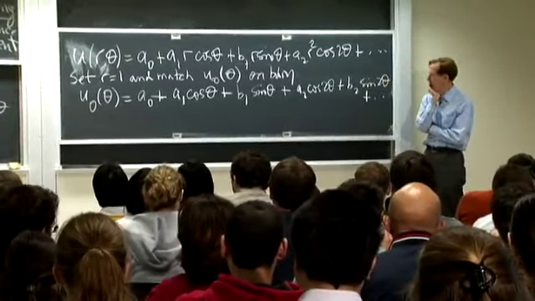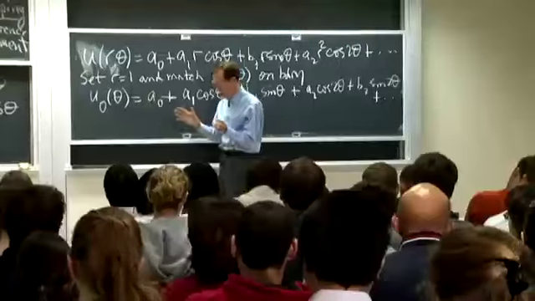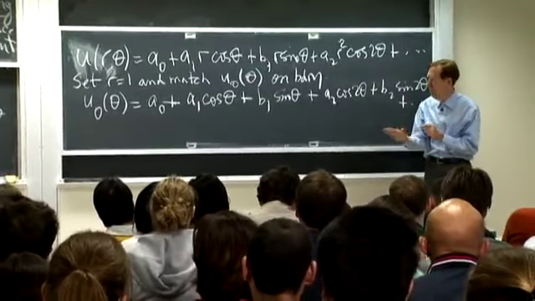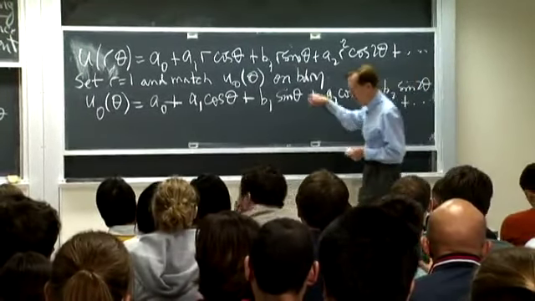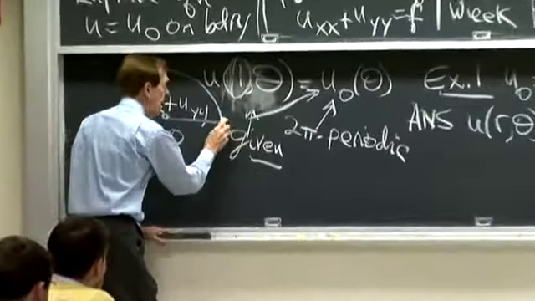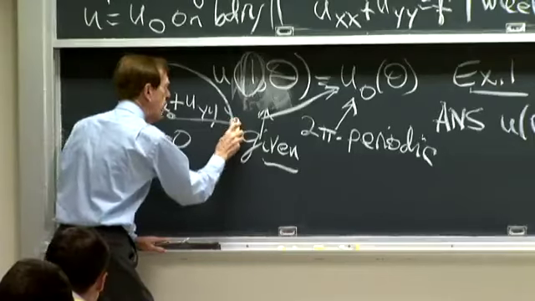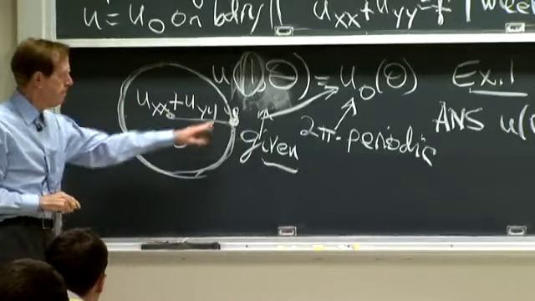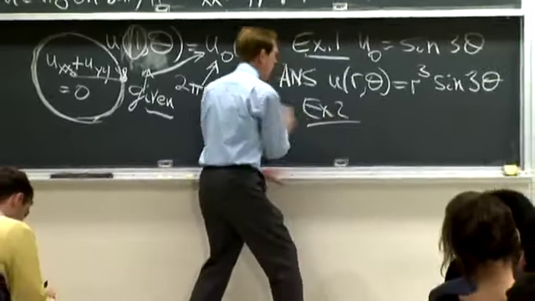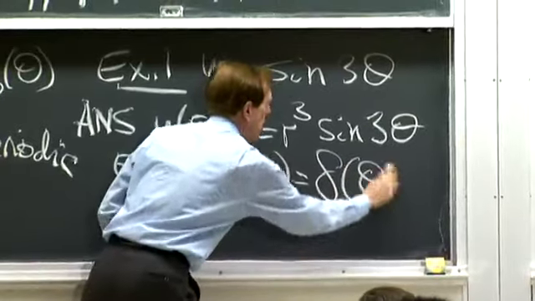One thing I noticed, an important feature of Laplace's equation, is that the solution inside the circle gets very smooth. The boundary conditions u0 could be like a delta function. I could say that on the boundary, the temperature is 0 everywhere, except at that point it spikes. So example 2, and I won't do it in full, would be u0 on the boundary equal to a delta function. A spike